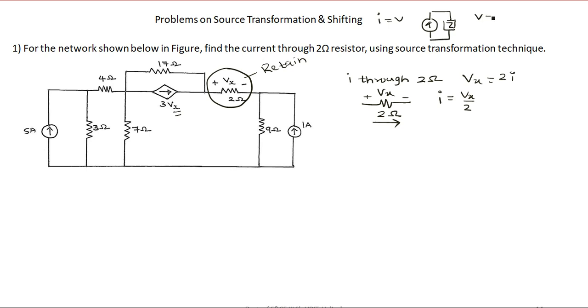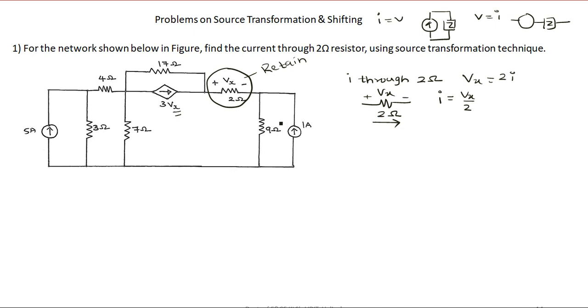And if you want to convert a voltage source into a current source, we need to have a voltage source in series with some impedance. Okay, this is one condition. And you should look into the circuit and check whether we have more number of current sources or more number of voltage sources. If you find that more current sources are there, you can go for current source to voltage source conversion. And if you find that more voltage sources are there, then you can go for voltage source to current source conversion.